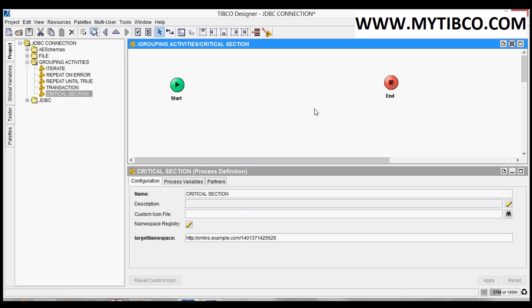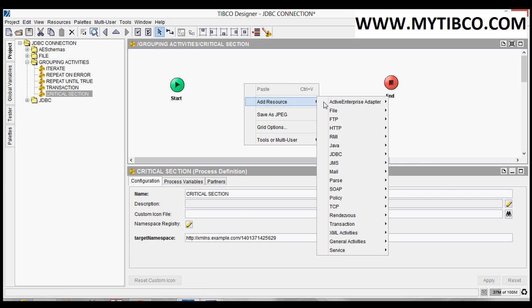TIBCO provides critical section to implement this synchronization. By using critical section we can synchronize the jobs to access a certain resource, so that we can make sure that only one job will access that activity or that resource.